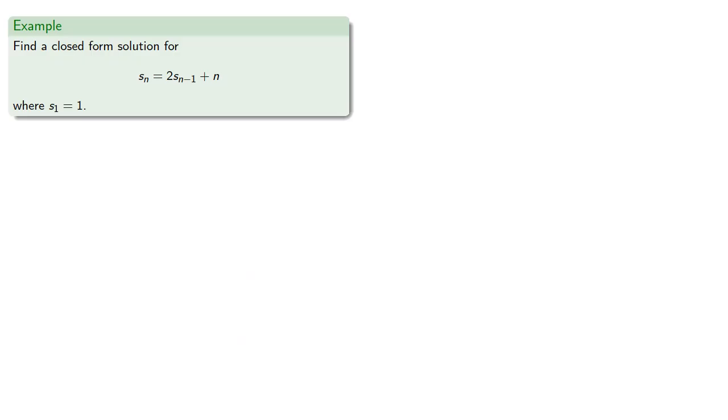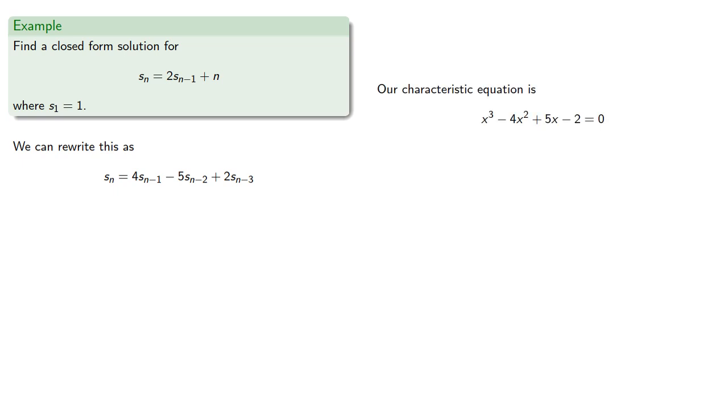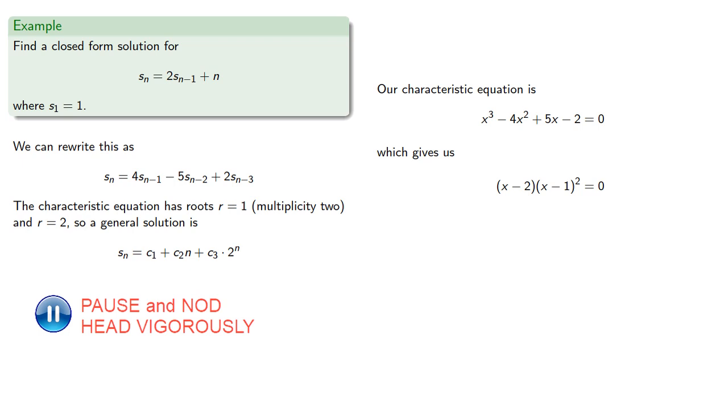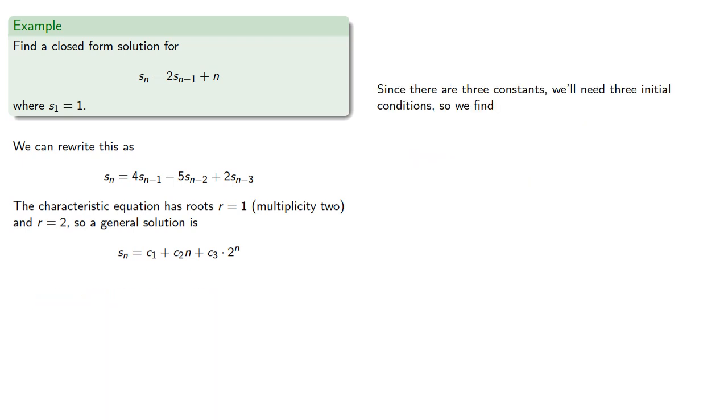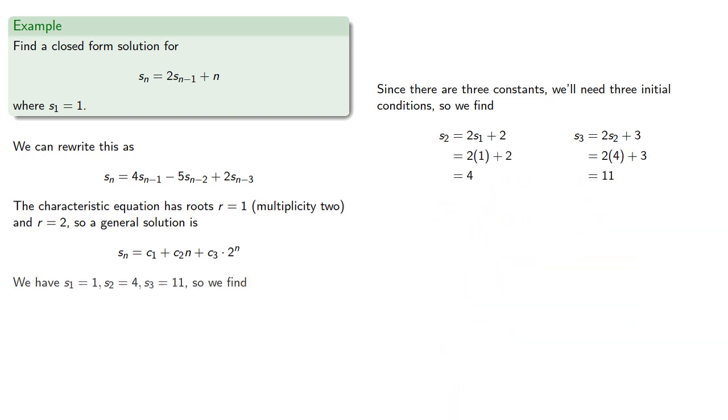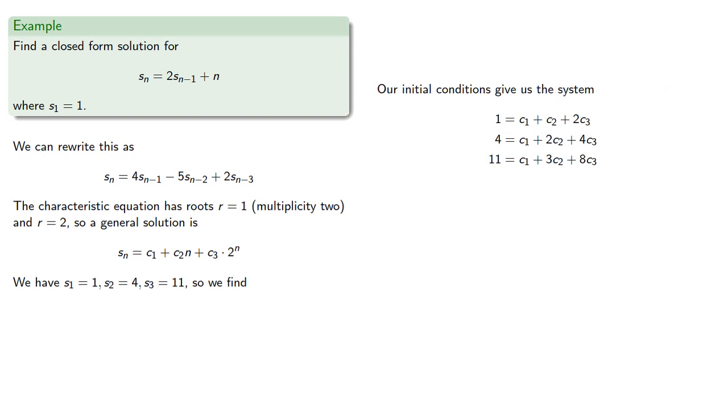So we might try to find a closed form solution for this. We could rewrite it as our characteristic equation has roots 1, multiplicity 2, and 2. So our general solution is, and since there are 3 constants, we'll need 3 initial conditions. And so we find, and our initial conditions give us a system with solutions